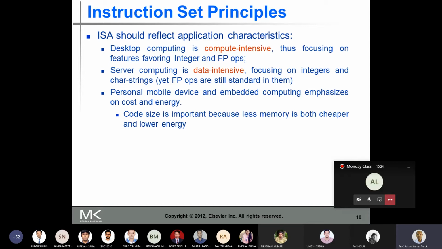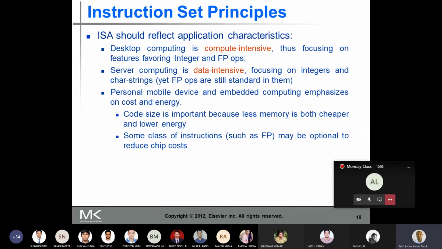In personal mobile devices and embedded computing, the size of the code is more important because the devices themselves have less memory. If the memory is less, then it becomes cheaper, and if the code size is less, obviously it will take less energy for computation of the code.